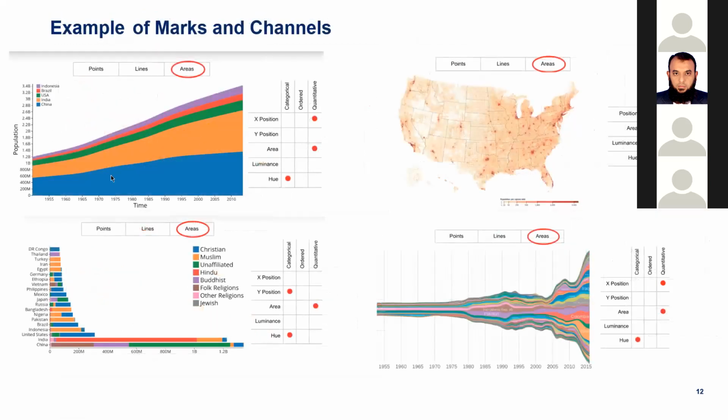More examples like area. In this case we have quantitative data and area, both quantitative. Here, the bigger the area, the more the data is with respect to time. And we have categorical data here, where hue represents the categorical, which country. Then area, in this case we are using area, the bigger the area, the bigger the share in this case, okay,